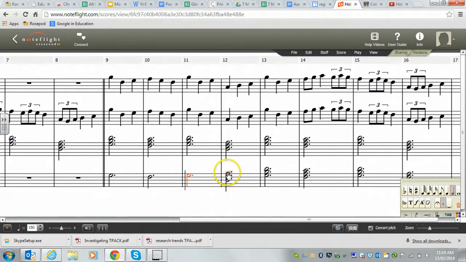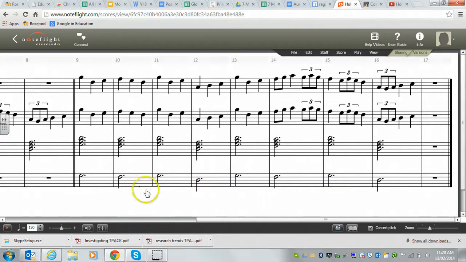Do that all the way through. Okay, so you can see now that I've got my bassoon part in there. It's playing the lowest note of the piano part here. I'm going to